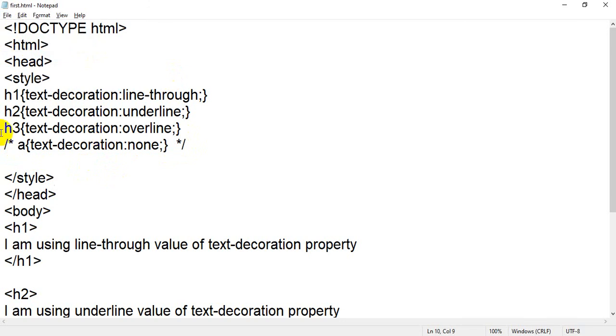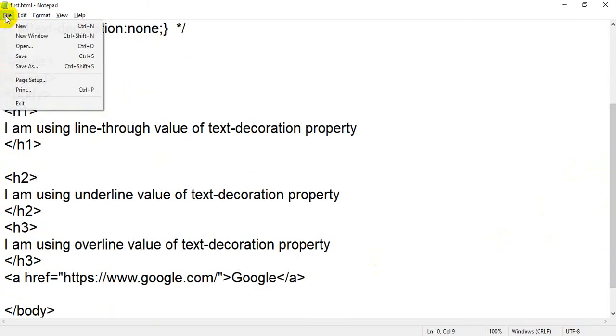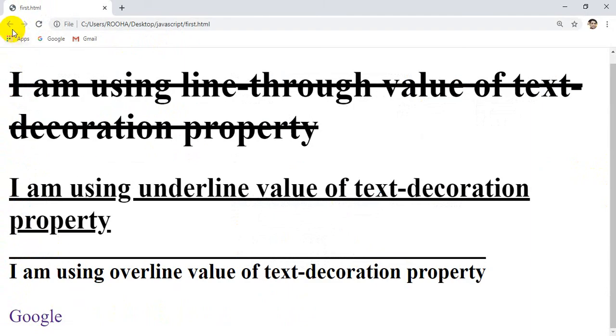The browser will not read or execute this line, so this property will not apply on that A tag, and it will again become a default link. When I refresh, you will get an underline below the Google.